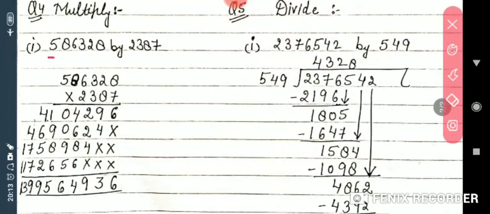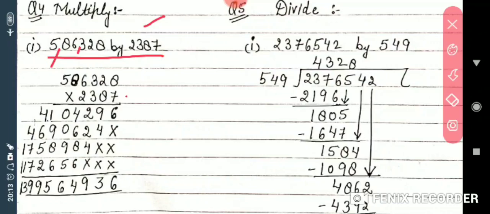Now next, how can you multiply larger numbers? Up to now maybe you have multiplied only smaller numbers. As you are very well aware of how to multiply, divide, add, subtract, we'll explain once again. So you have to multiply 5,86,328 by